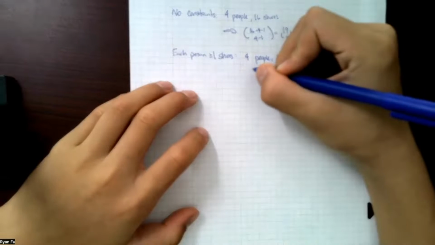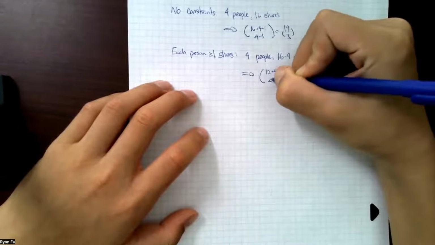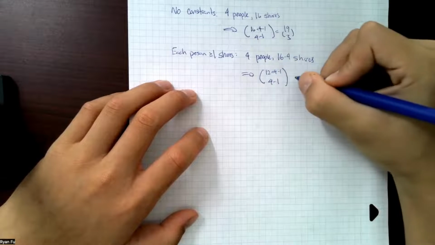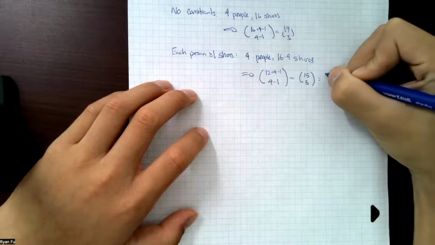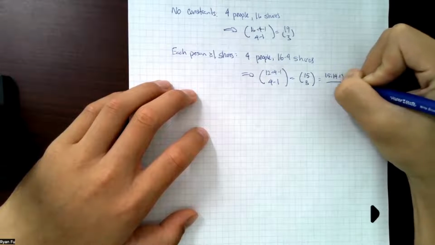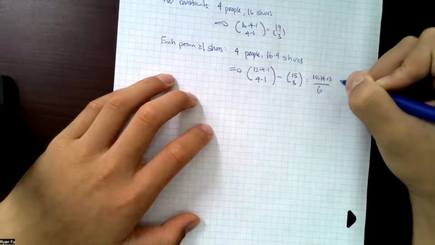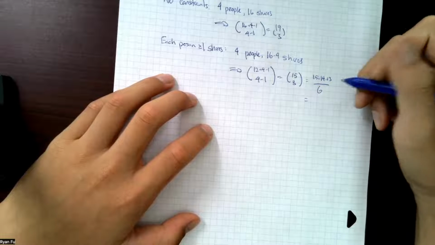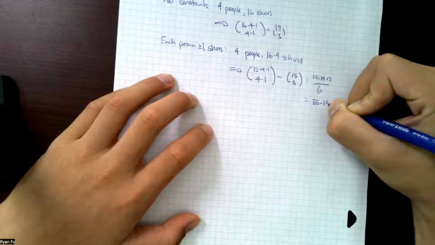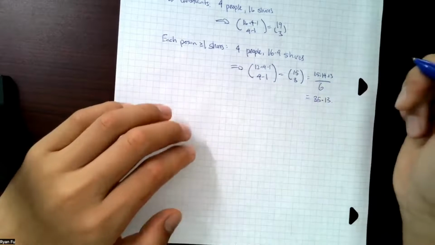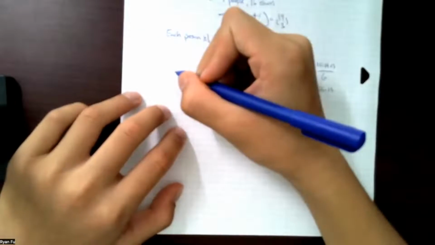And then this is going to be 12 plus 4 minus 1 choose 4 minus 1, sorry, equals 15 choose 3, equals 15 times 14 times 13 over 6, and that's going to be equal to, I think, 35 times 13, right? And then now we can apply the final constraint, where each person, no, sorry,